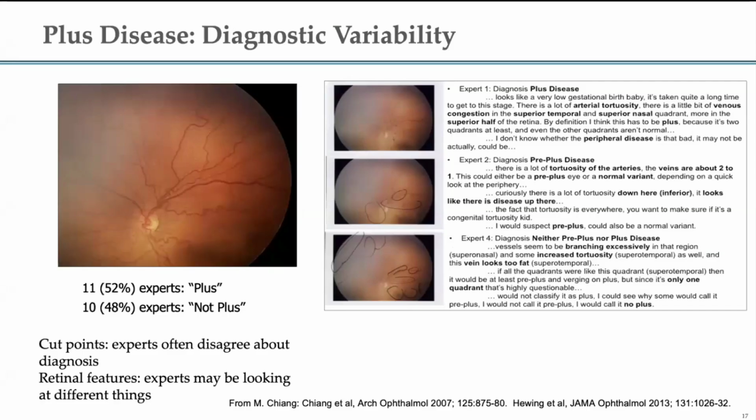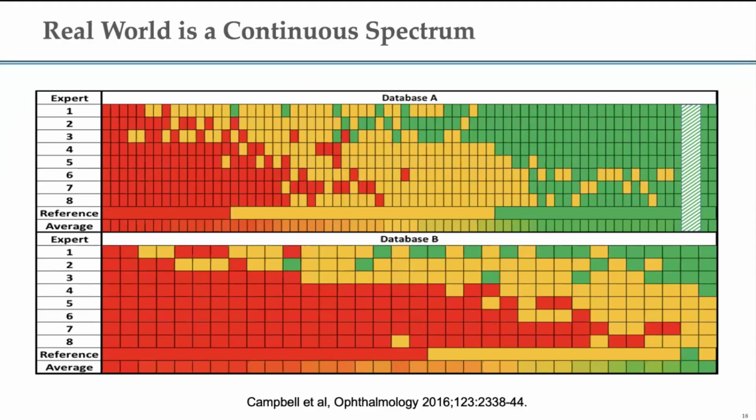And as we think about training our algorithms using data that come from clinicians as ground truth, either prospectively acquired and graded or retrospectively acquired from the radiology report or ophthalmology report, we see that there's a lot of scope for variability. Real world is a continuous spectrum. Here is data again from ophthalmology. We took the same set of images and asked essentially 8 of the world's experts on the disease to grade them in this 3-class category.